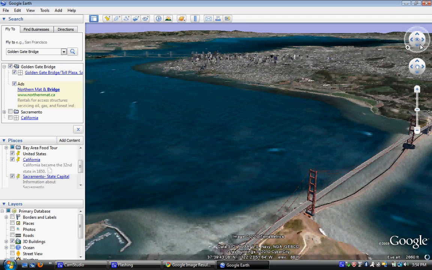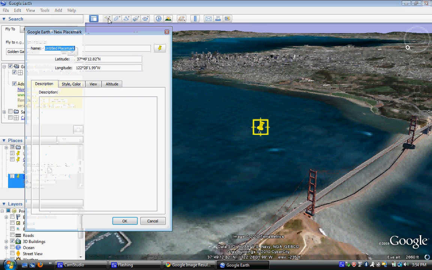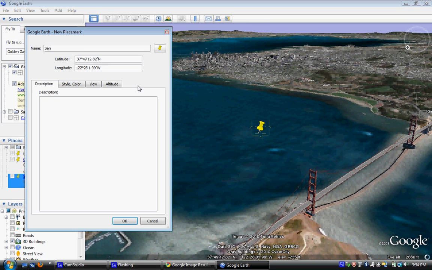Navigation can take a while to get used to. And once I'm there with the Golden Gate Bridge in San Francisco in the background with the Bay Bridge, it's a nice shot right there. I'm going to drop my pin, and I'm going to call this San Francisco